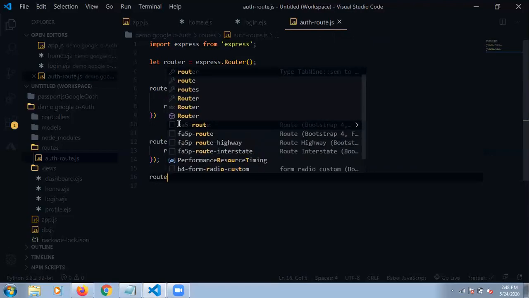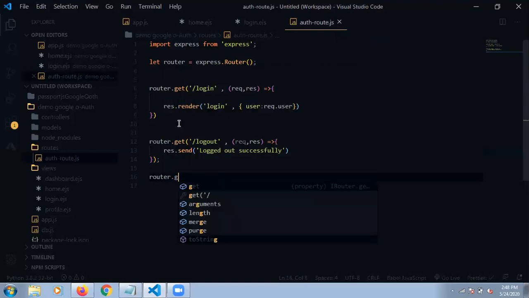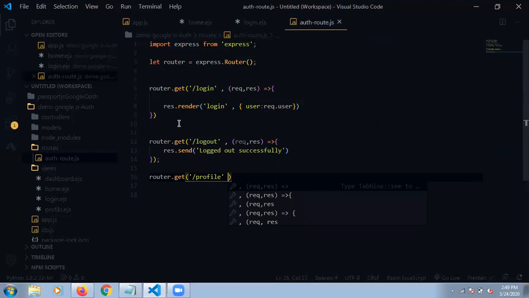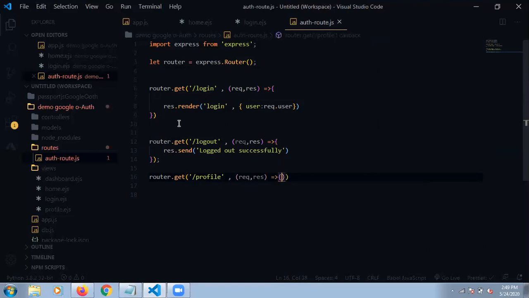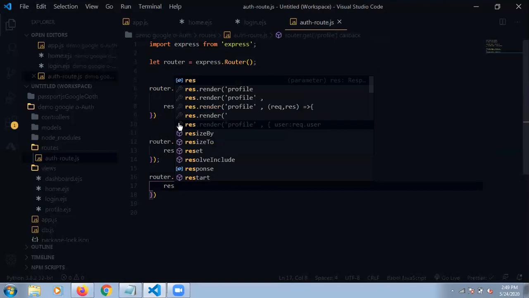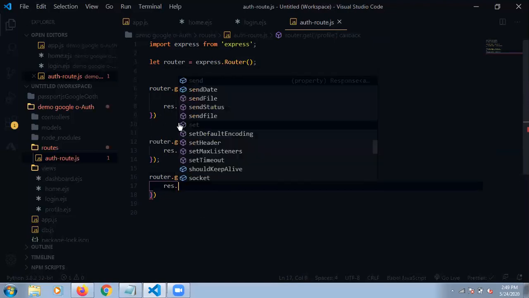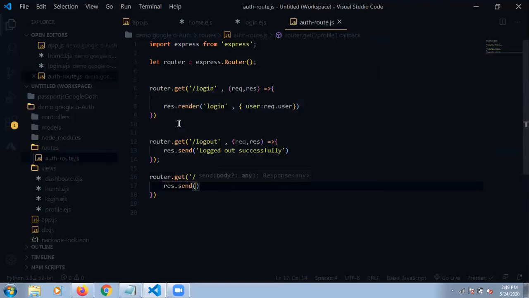And now I'm again connecting my router.get with one more route which I already mentioned, profile. So here also one callback function is there. res.send, and here is your profile.